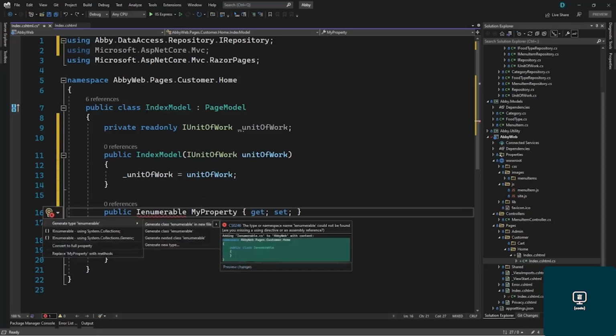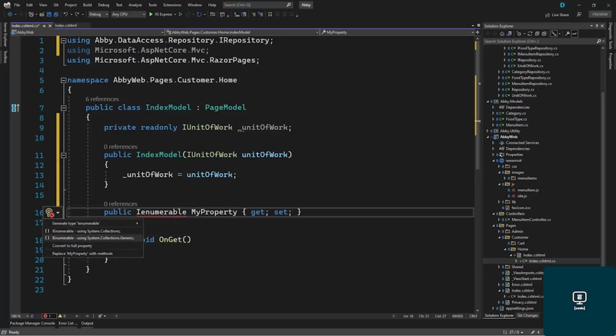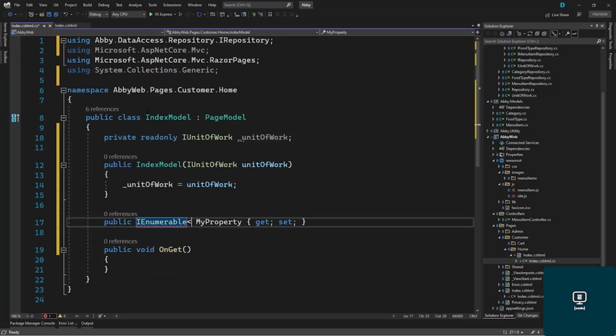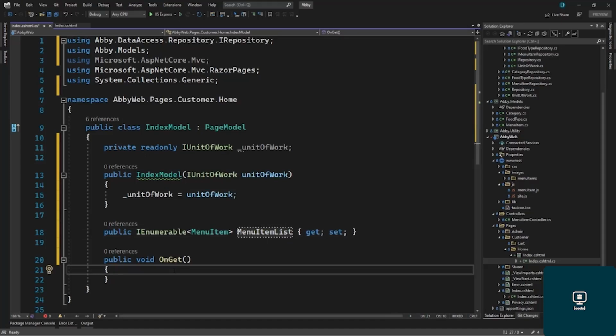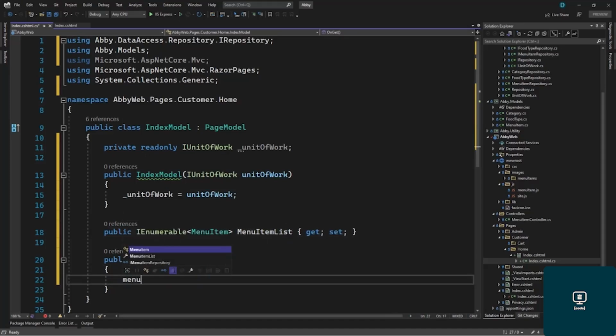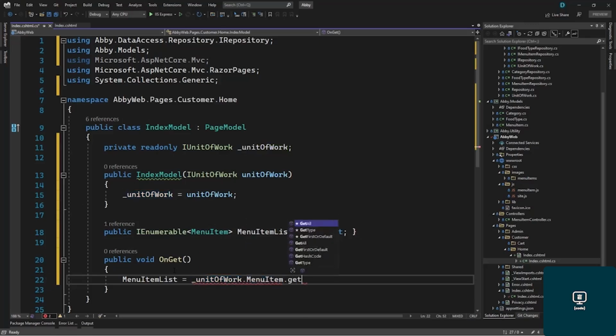We will have to do control dot to include System.Collections.Generic, and this will be on the model MenuItem. Let's include Abby.Models. We will call this MenuItemList. We need to populate this list with the help of unit of work. So we can say MenuItemList is equal to _unitOfWork.MenuItem.GetAll,